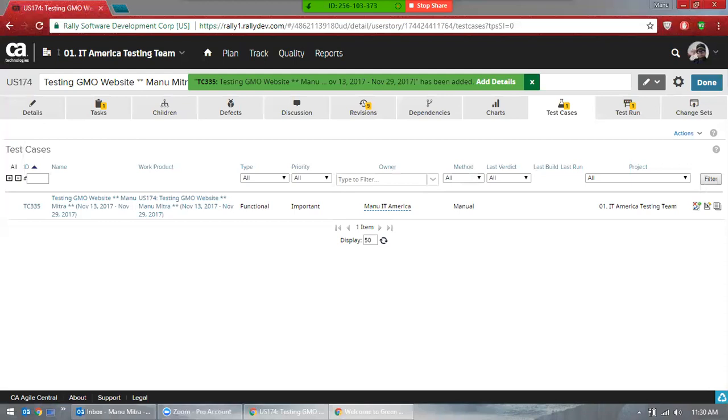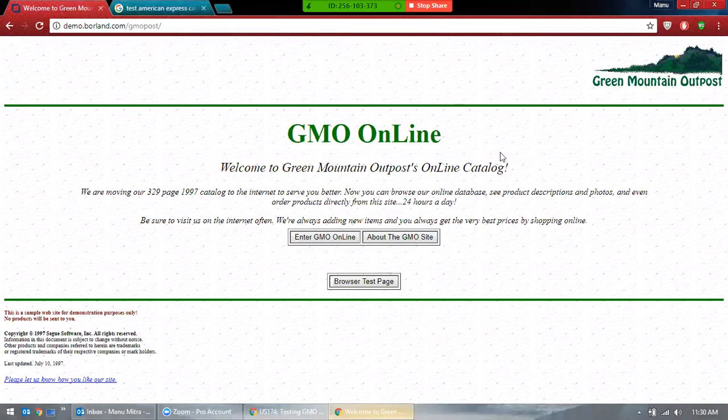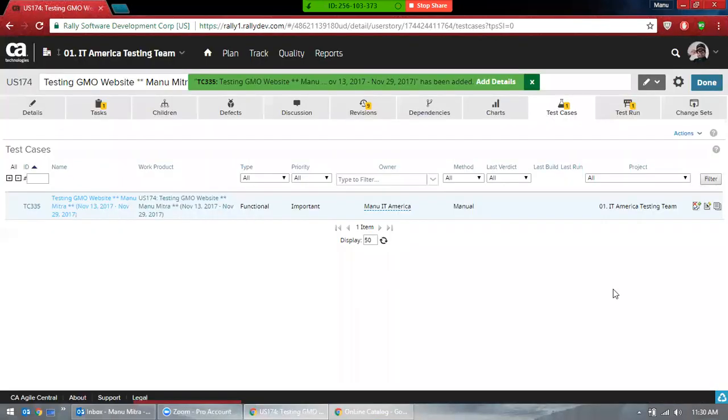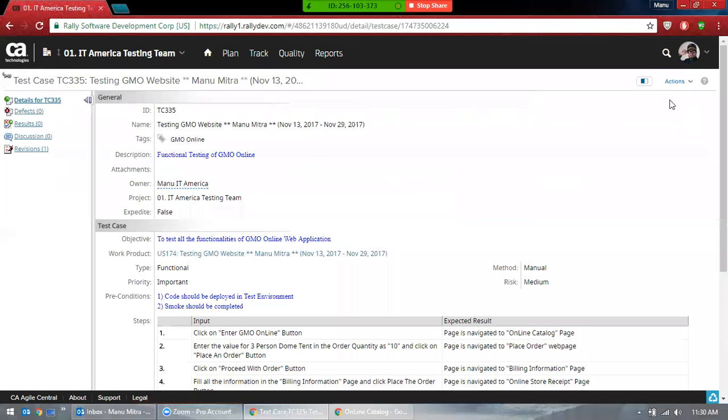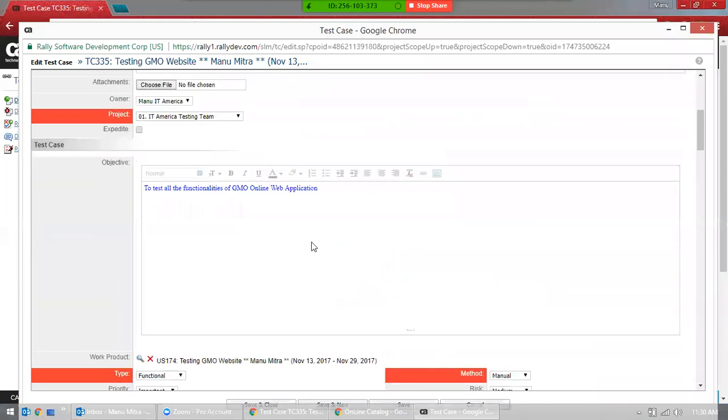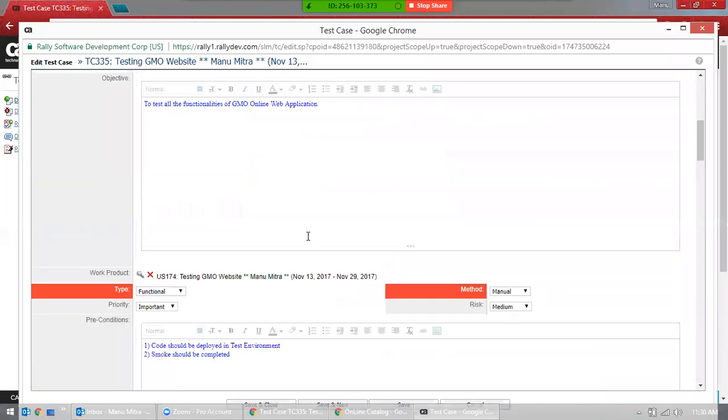The similar way you need to do in this test case, but this test case is not really detailed, right? It doesn't cover anything. Just one page. I mean, it's just 4 URLs. That's it. But you need to test everything. These images, this color, these buttons, everything you need to test. But here we can do something. I can go ahead and click on edit. Because this is very important in an audit review, you need to be very careful, and your test case is not even close to informative.